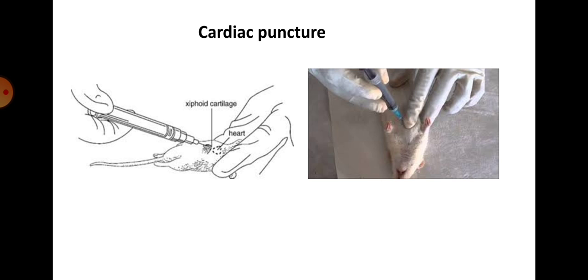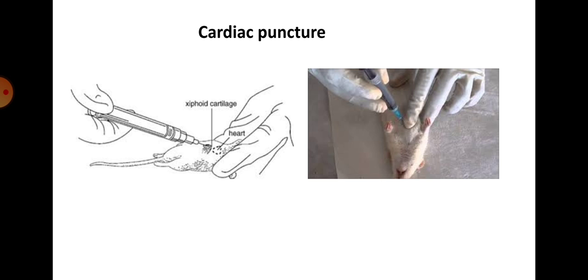When the heart is beating, you are collecting the blood by puncturing the heart when the animal is half dead, half alive. So blood samples are taken from the heart, preferably the ventricles, which can be accessed either via the left side of the chest, through the diaphragm, from the top of the sternum, or by performing a thoracotomy. So blood should be withdrawn slowly to prevent the heart collapsing.